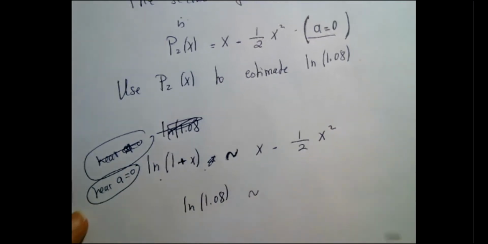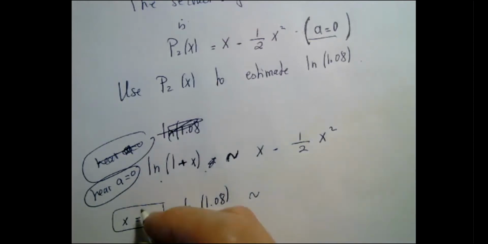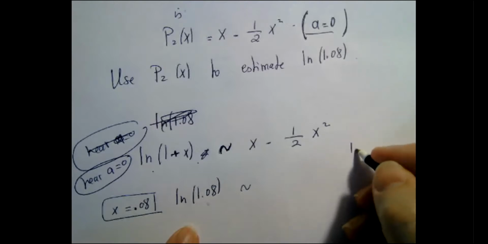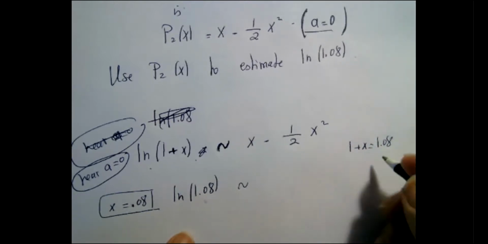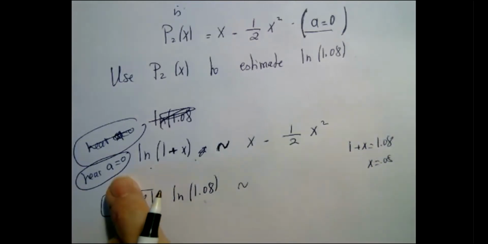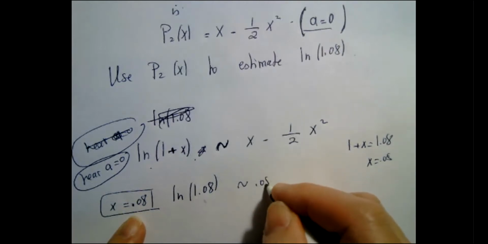So what value of x am I taking? 0.08. Exactly. It means x is 0.08. All right, so be very careful. I want you to estimate ln of 1.08. It means the 1 plus x here is the 1.08, so my x is 0.08. 0.08 is close to 0, so the estimate makes sense. Okay, so it's going to be 0.08